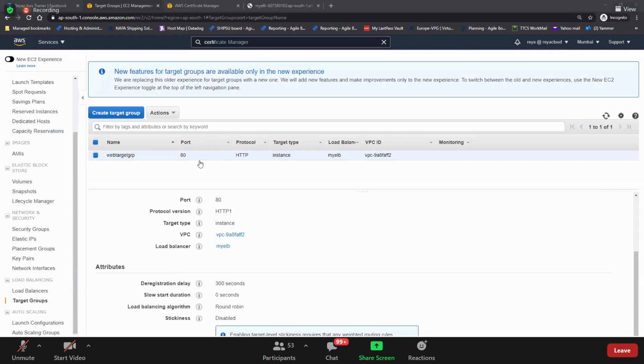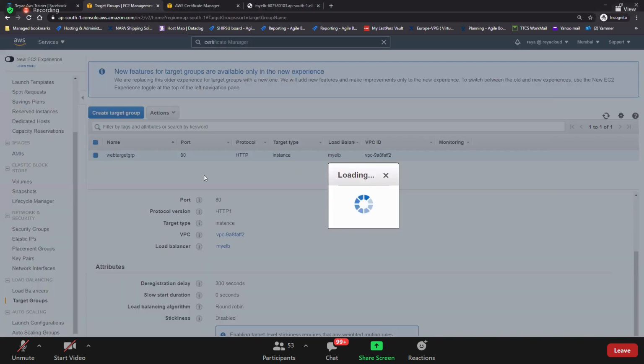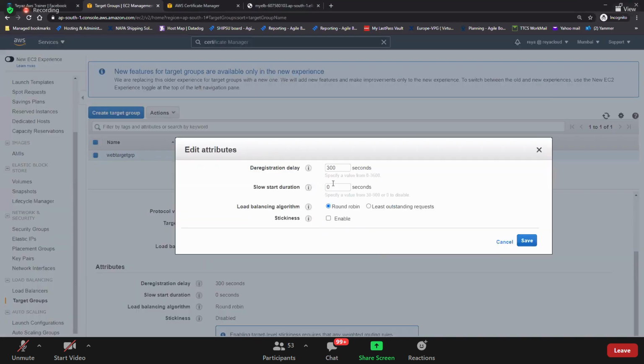Edit. So this is how much time it will take to deregister. That means if something is unhealthy, or if you delete the EC2 instance, it will get deregistered out of it. How much time it should take to get deregistered.